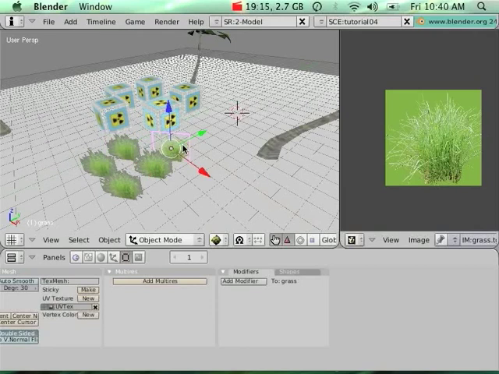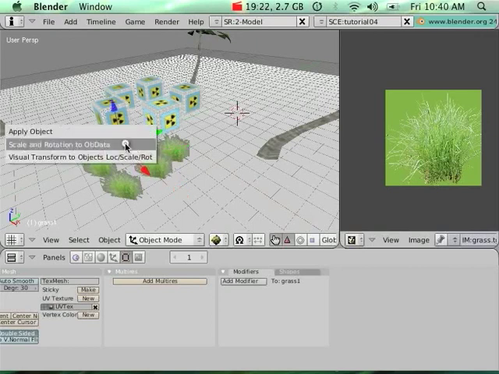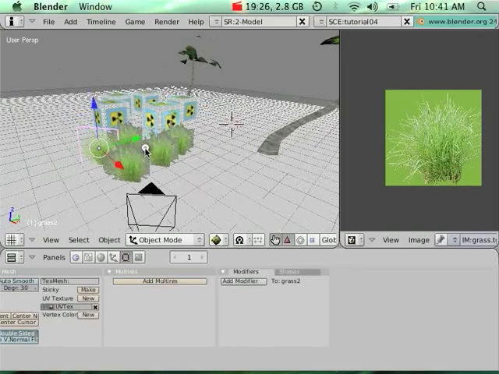Then I'm going to be able to apply the transformation on it. Control A, yes. Control A, yes. Control A, yes. Yes, and yes. So now my billboard will